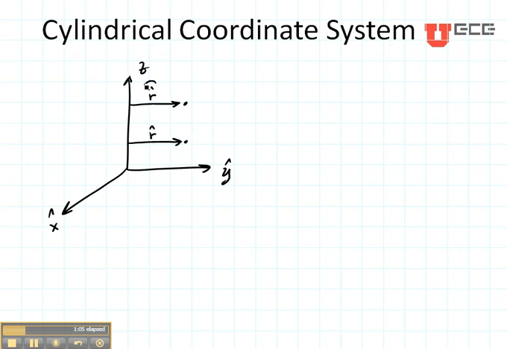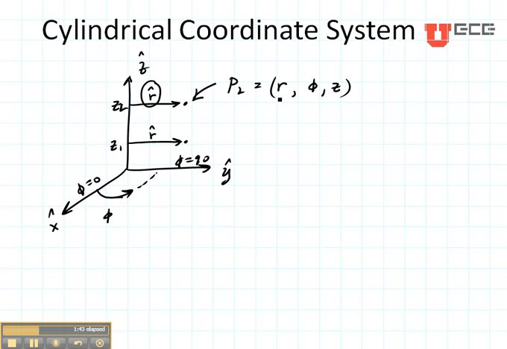They're going to be defined by their r and their phi, which starts here at the x value and goes towards the y. So phi equals 0 is the x-axis. So these points, if they happen to be in the yz plane, are going to be defined by phi equals 90 degrees. And then they also are defined by their z value. So here is a z1 value, or let's put z1 down here, and here is a z2 value. So this point right here, P2, is going to have an r, a phi, and a z component.